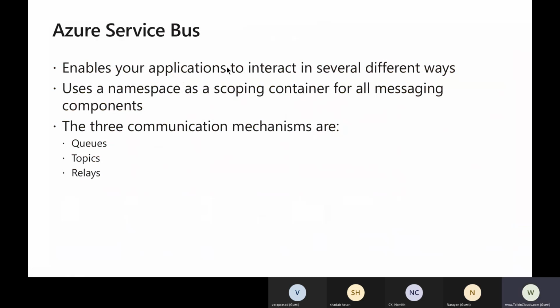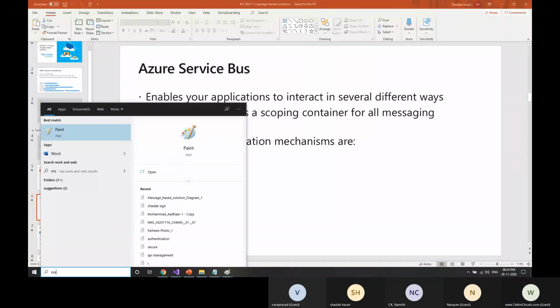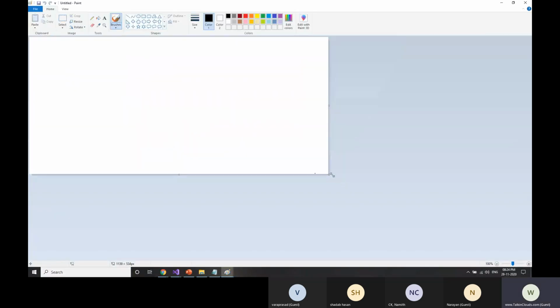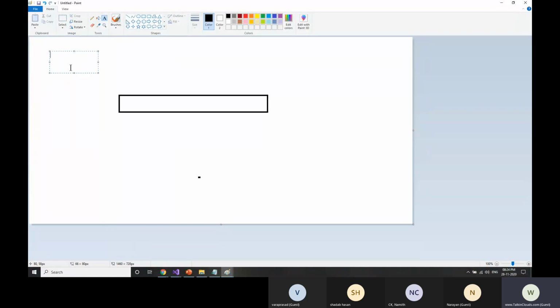Again, let's say you are putting in a queue, and you have web app 1 and another web app 2.